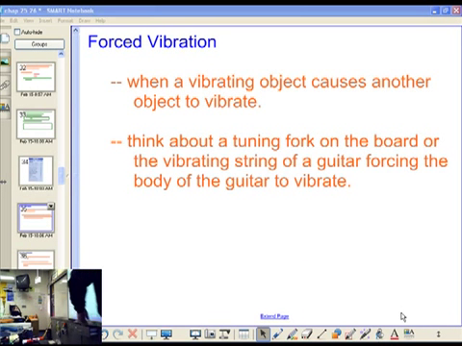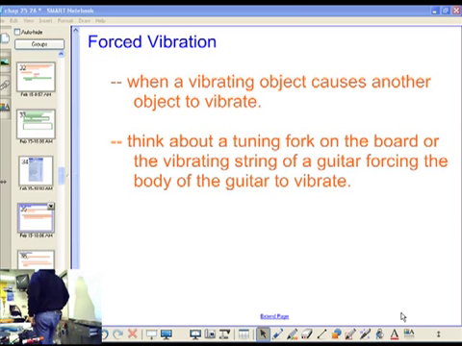All right, forced vibration is just what it sounds like. You're forcing another object to vibrate at its frequency, which it doesn't want to. A vibrating object causes another object to vibrate. This is kind of like when I take the tuning fork